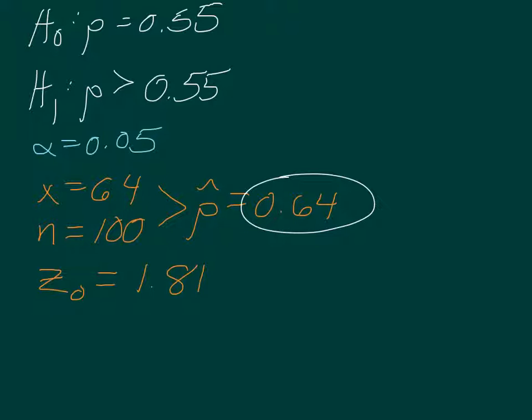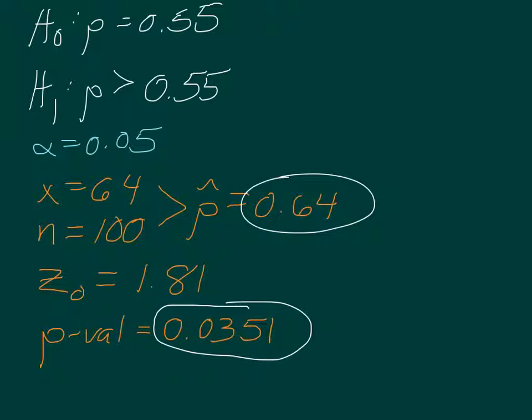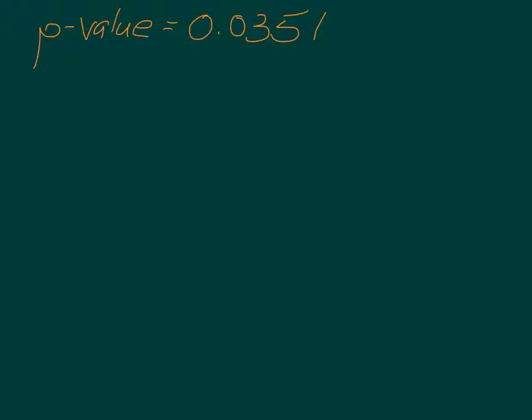And so then the p-value is equal to 0.0351, I think it was. Let me verify that. Okay, yeah, we're good on that number. All right. So the question is, what does this mean and how does it relate to the final decision that I make? So let's jump to the next slide so I can talk about that. Okay, so the p-value, what that actually is, assuming,